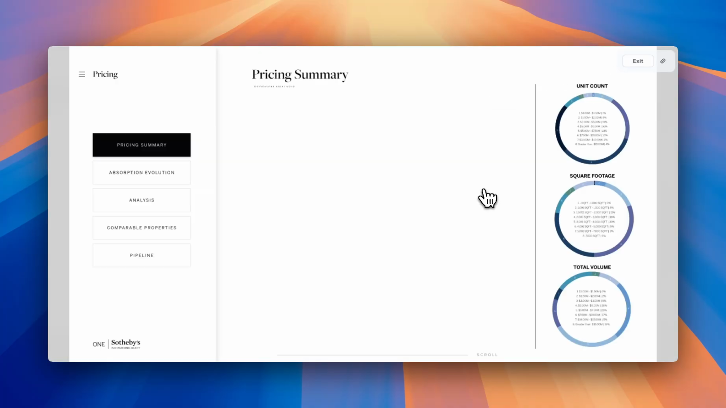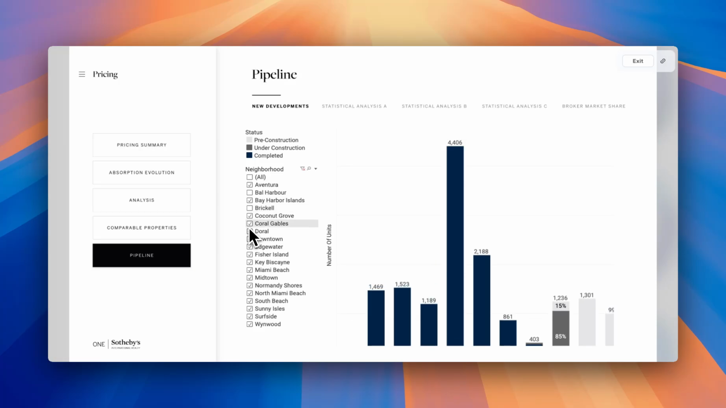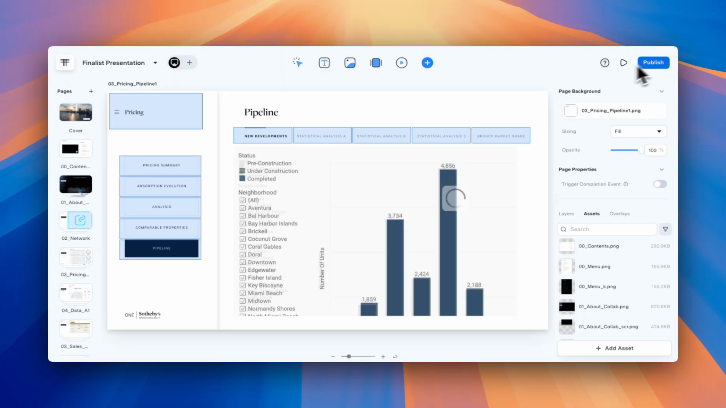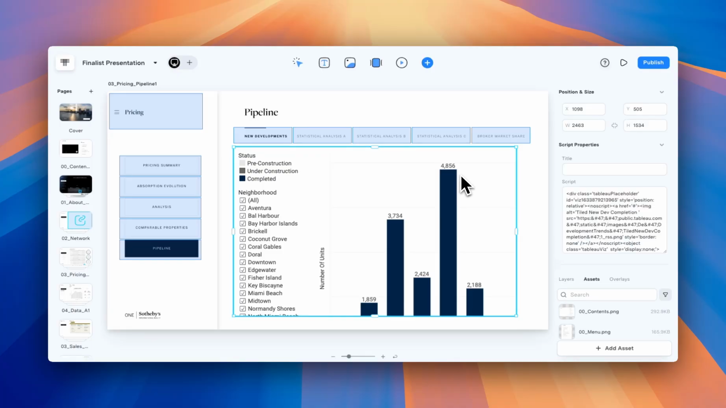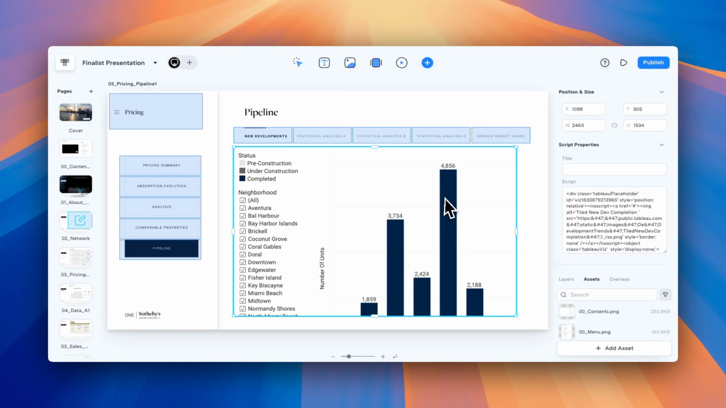As we get into the pricing section, as we go to pipeline, this is actually an example of a Tableau report that is embedded right into the experience so that it's live and you can edit it in real time. Now, under the hood in Tile, you're simply using the script tile, dragging that onto the canvas, and then sizing it accordingly. But in the right-hand properties panel, you'll see that it is just copy and pasting an embed script